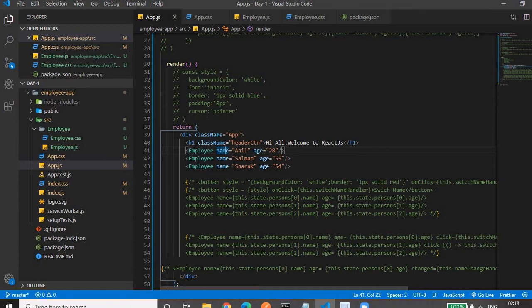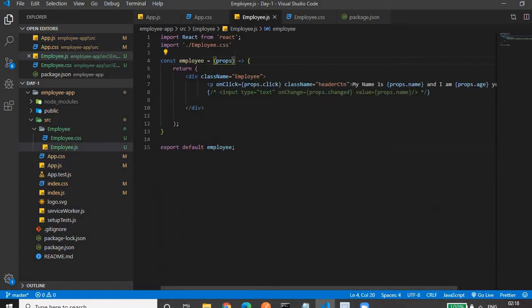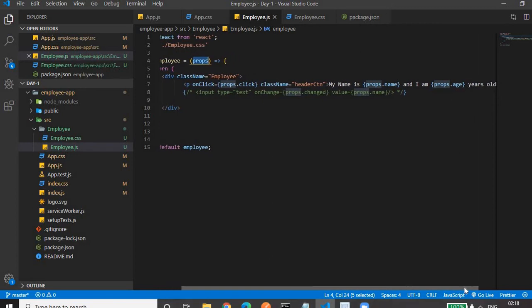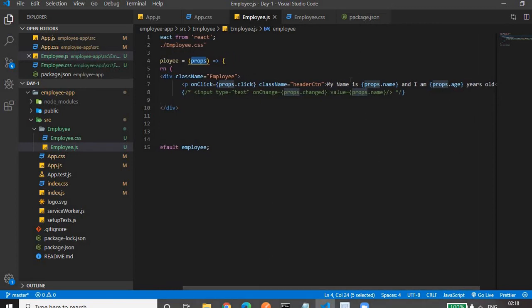Parent is the app component, child is the employee component. These properties, name and age, are present in this props object. We can access these properties by using curly braces. So here I am accessing my name is within curly braces, props.name.